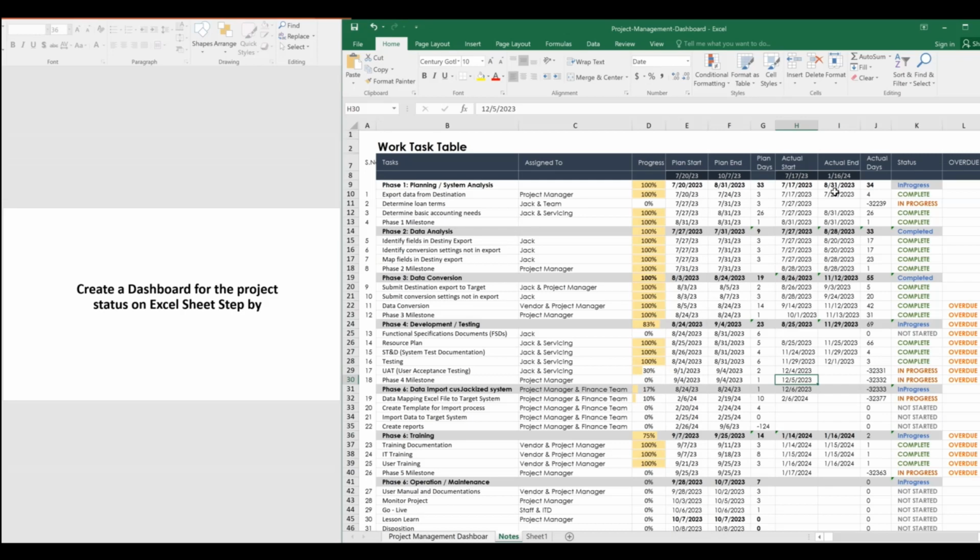We definitely need to track. And then actual days, how many days it took. And then the status of this. So it is just, I gave you an example. So it is showing in progress. So when